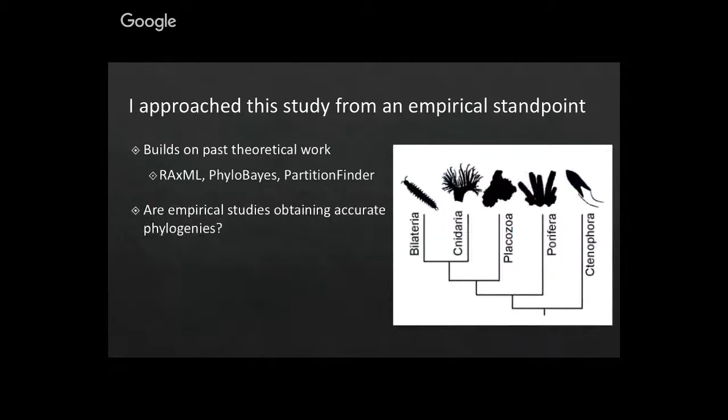And so ultimately what I'm interested in, like a lot of systematists and phylogeneticists, is whether or not empirical studies are actually obtaining accurate phylogenies. We know that substitutional or site heterogeneity is present in real data, and we should account for that. There's certainly a gold standard, maybe, for how you might model sequence data to perfectly capture the realities of sequence data. But of course, that would be a very complex model that might be computationally intensive.